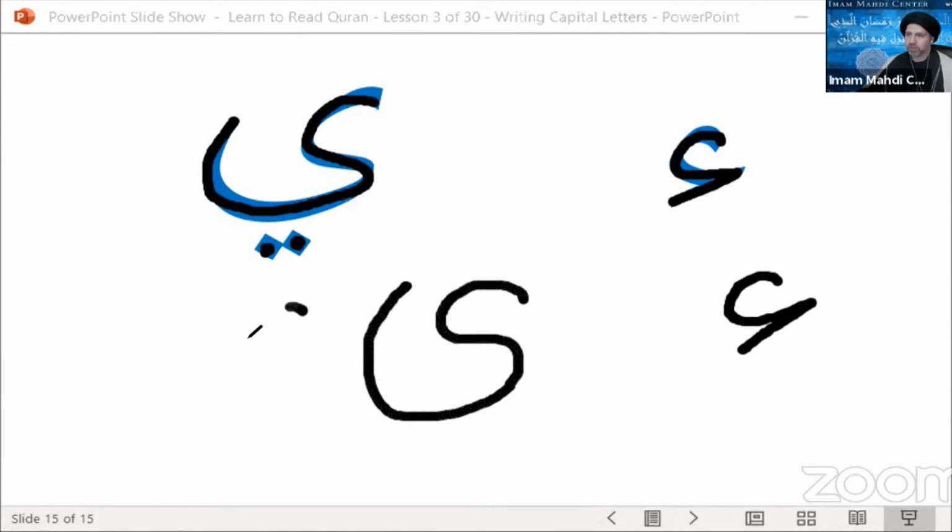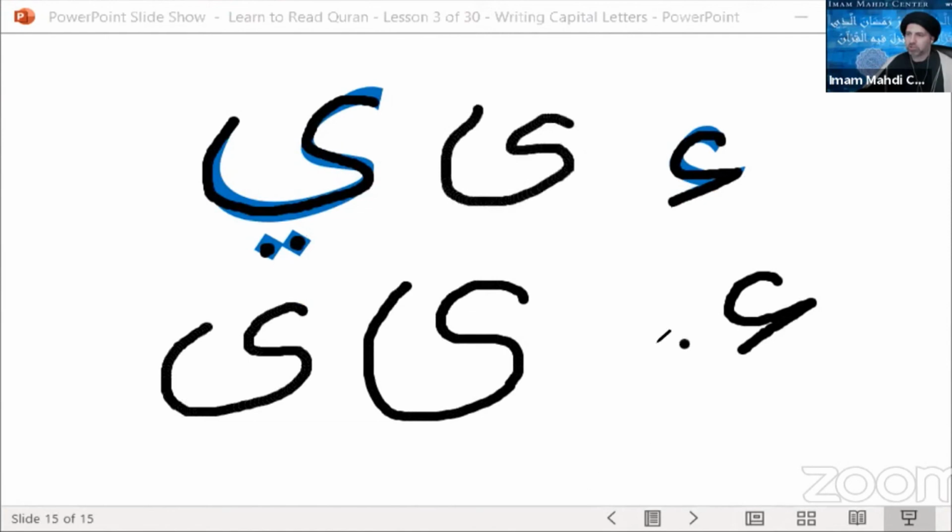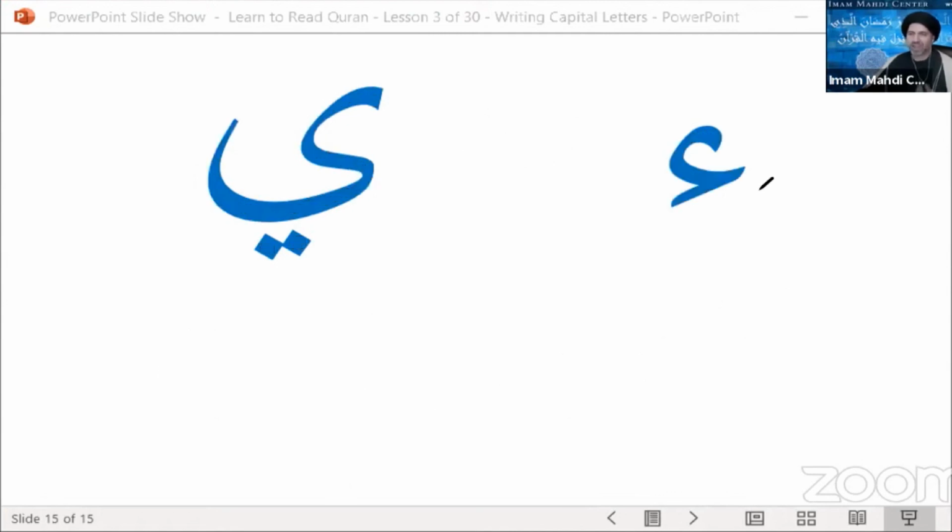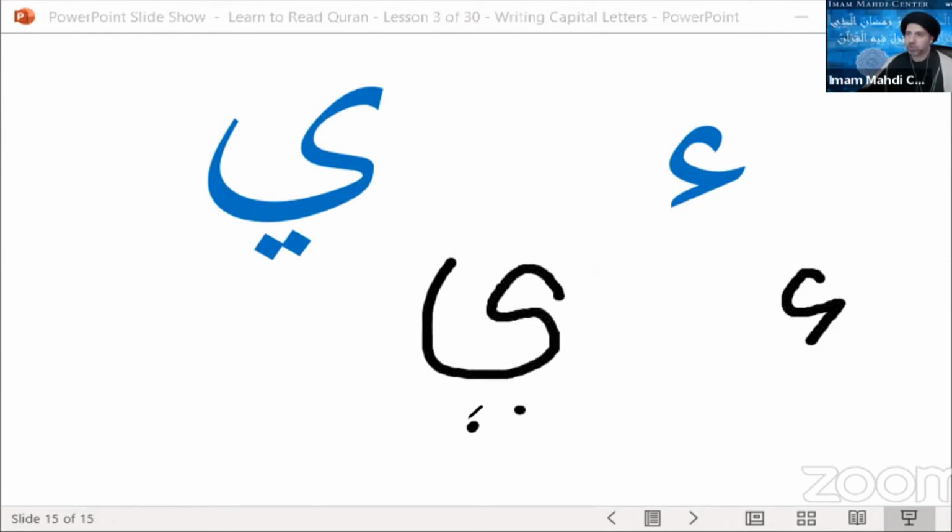The ya is one of those letters that's kind of fun to write because you get to curve in all different kinds of directions. And you keep practicing and keep writing the letters, and you're going to get very good at them. And as you practice writing the letters, it's a very good idea to sound them out. So when I'm writing the Hamza, I say, this is Hamza. I say it out loud. When I write the Ya, I say, this is Ya. And then I write it out with its 2 dots. Make sure always don't forget the 2 dots on the